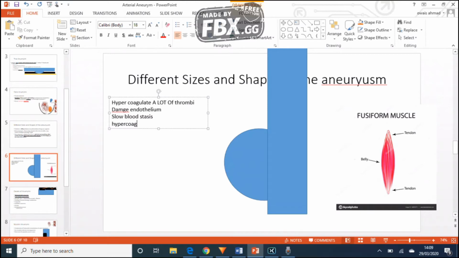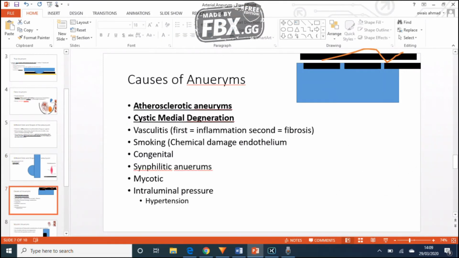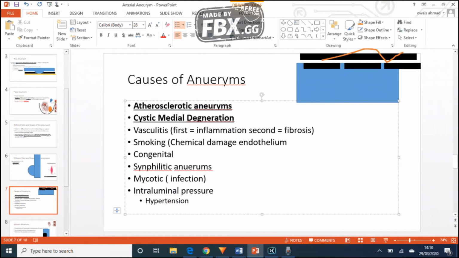And essentially, let's just say in the media you have smooth muscle and elastic fibers, and like I said, there's separation of the elastic fibers and the smooth muscle. So this is going to be some sort of smooth muscle, and the smooth muscle is essentially going to be connected by elastic fibers, and elastic fibers can be somewhere like this, but there's just going to be separation. Instead, these elastic fibers are just going to move to the side, and there's going to be some sort of cystic spaces.